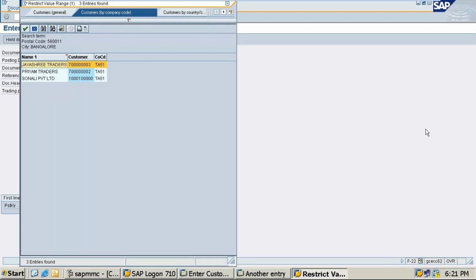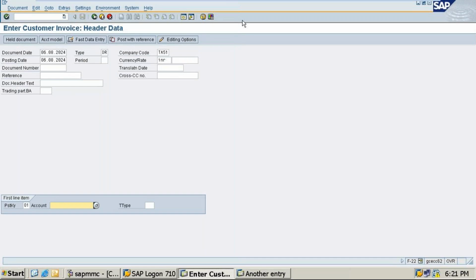So I have three traders, Jayashree, Priyam and Sonali. Okay. So my question is, for the Jayashree traders, see here posting key is 01.